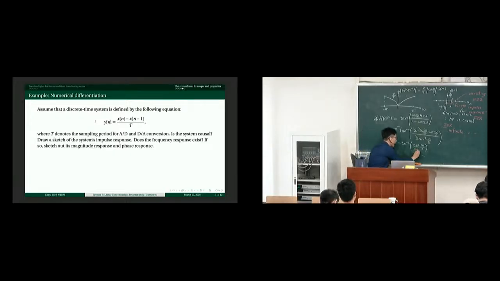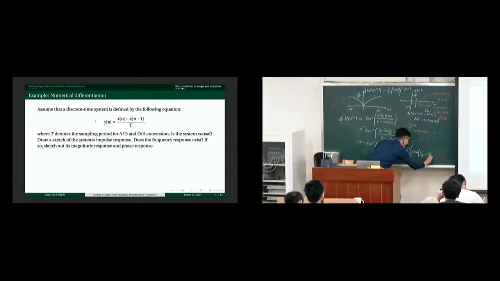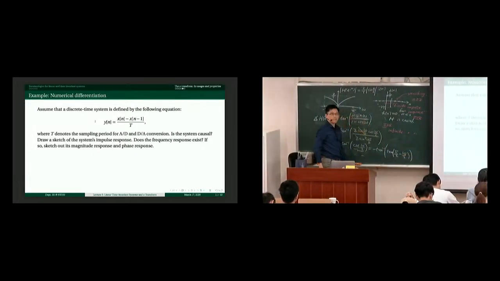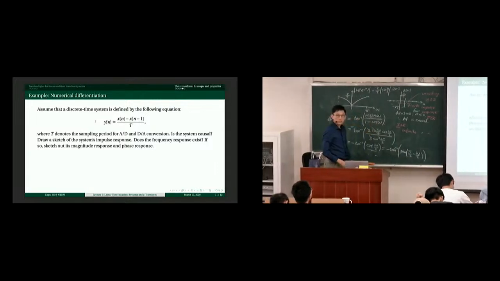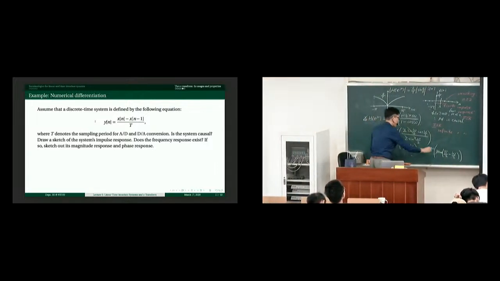But then, what is cotangent? Cotangent and tangent has a relation, right? So we have the minus sign still right here, arctangent. But now, cotangent of something is tangent of pi over 2 minus that thing. Right? So tangent and arctangent is inverted. Now the final result should be minus 2 pi